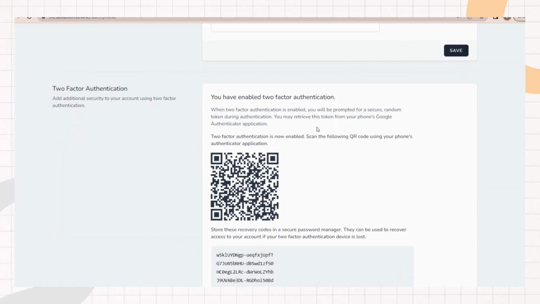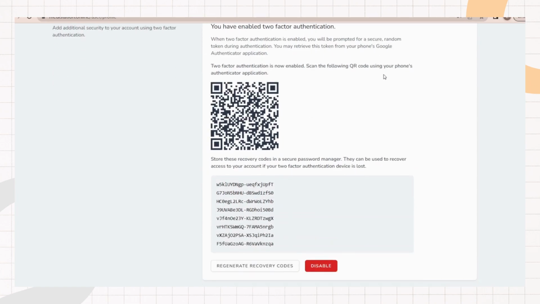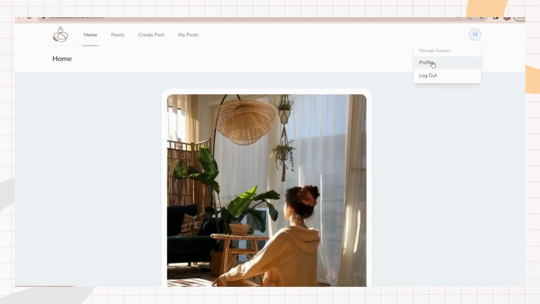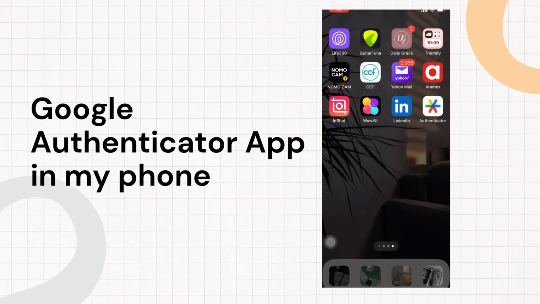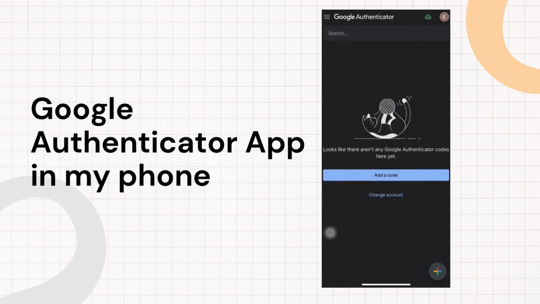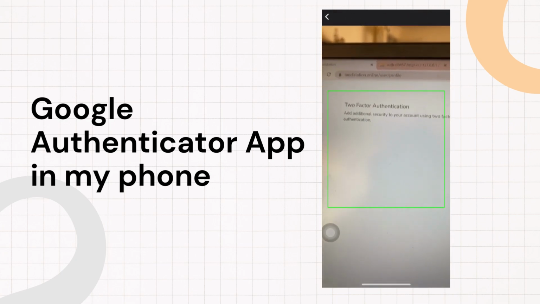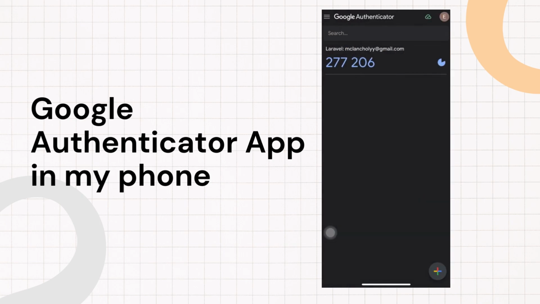As you can see here, a QR code has been generated, and it instructs us to download or get our Google authentication application so that we can try it in our phones. So now I'm going to try it in my own phone. I already downloaded the app, and now we can add the code. So now I'm just going to do that, and as you can see, it has generated